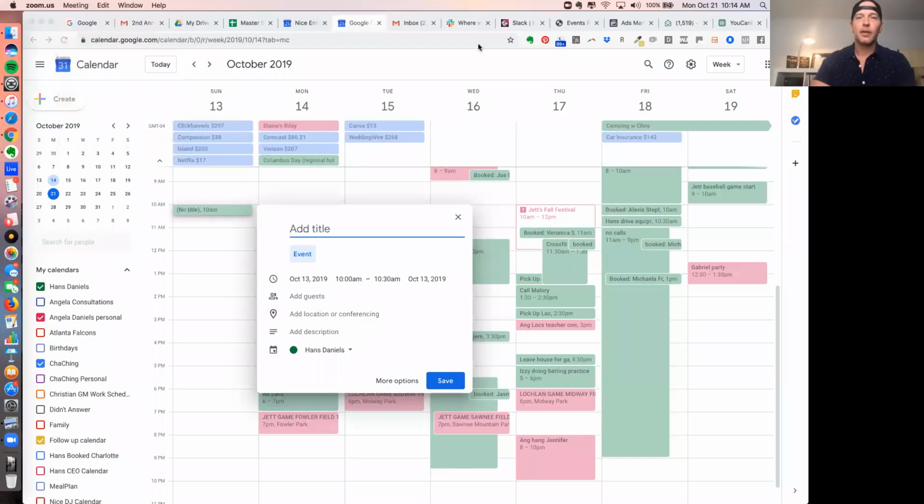Oh, there we go. There's usually a button right here. Right. Okay. So this little